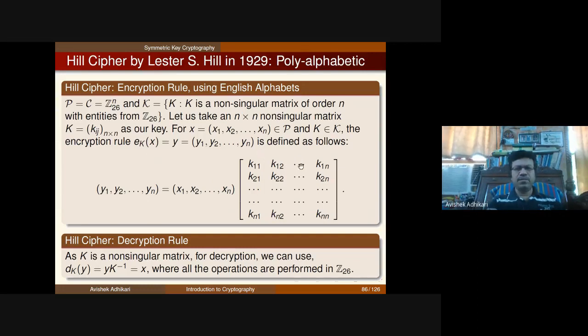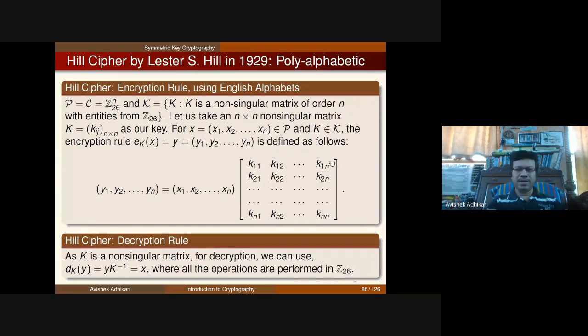So in this particular case, suppose the entries are from Z26. Now the idea is, here this is your plain text, this is your key, and if I multiply this, I will get again a vector of this kind, and this is my cipher text. Now you can understand very easily how to get it back. Both the sender and the receiver will have the same key, that means the same matrix. So when the receiver receives this, he will just take the